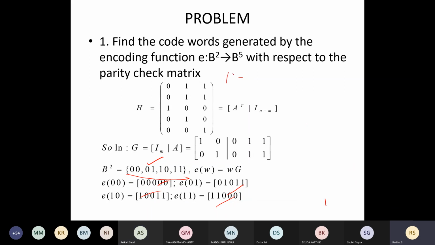Okay, so I'll write the actual H correctly. There is a mistake in this question.